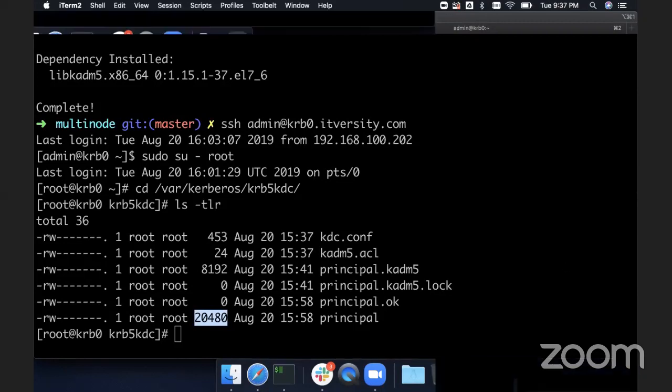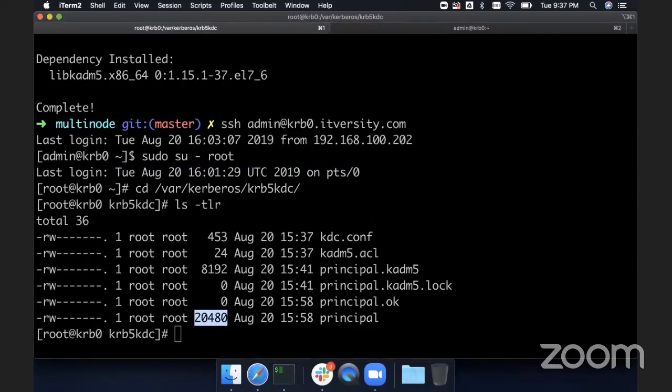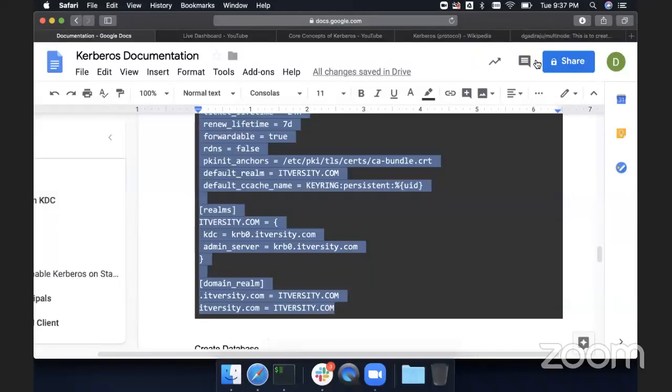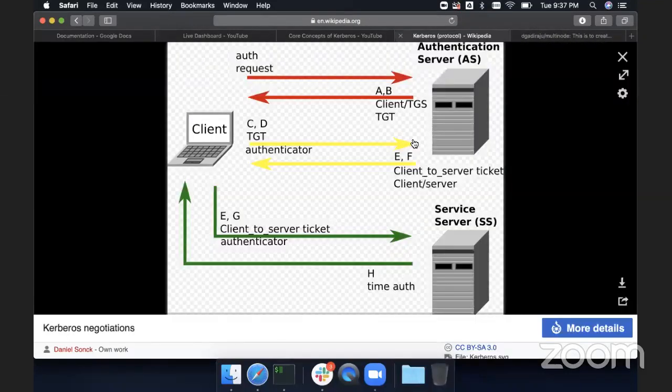Okay, that being said, these are the main core concepts with respect to Kerberos. Make sure you practice quite a bit of time and let me know if you run into any issues. The main thing you need to understand is the architecture. For the architecture, you can go to Wikipedia and you can actually see that the Kerberos, which is nothing but KDC, can be configured on multiple nodes also, where the KAdmin and KDC are started. If you go through the documentation,